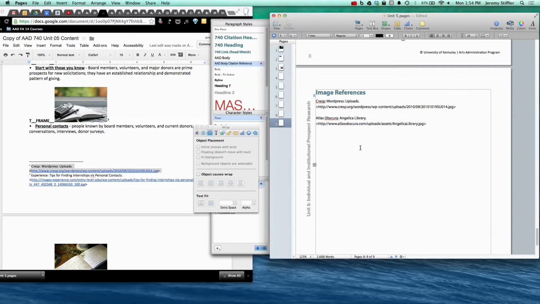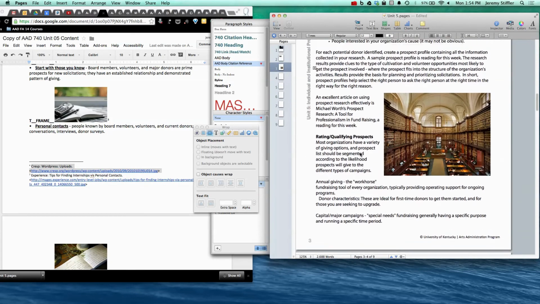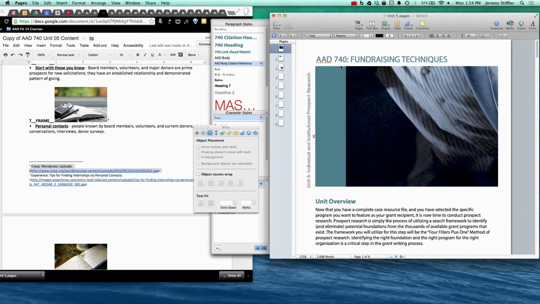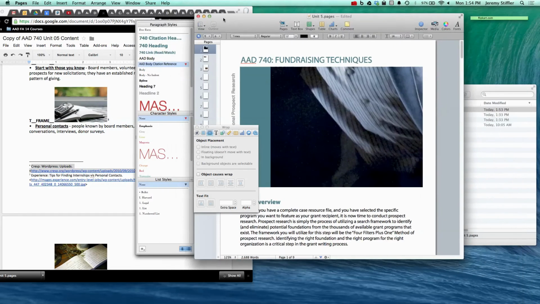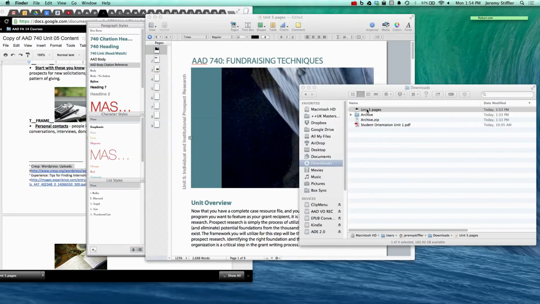Alright, so that's all you have to do. As soon as you're finished with all of this editing and putting all this content together, all you have to do is take the original file that you've been editing. So in my case, this is the file I've been editing called Unit 5. I'm going to take that and I'm going to email it to, or you will take that and email it to me. My email address is